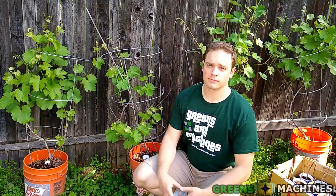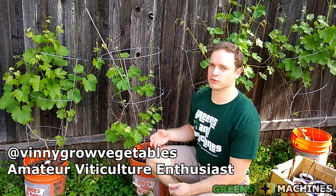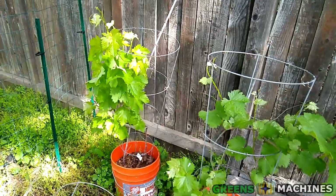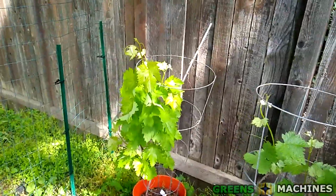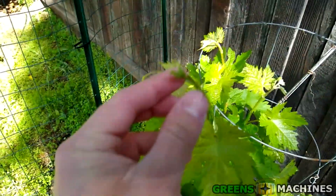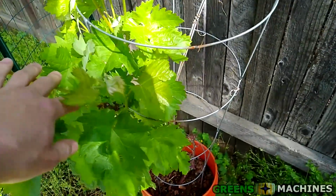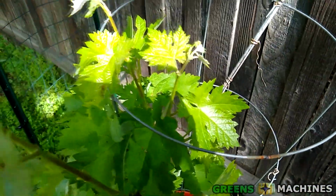Hello viewers, today is April 18th, 2019, and today I'm going to give you a tour of my container vineyard. Alright, let's take a walk through the vineyard. Over here we've got some reds, a Tempranillo. Looks like we've got some signs of clusters forming on here. I haven't seen too many from my initial review, but you know, it's not good to count your clusters until